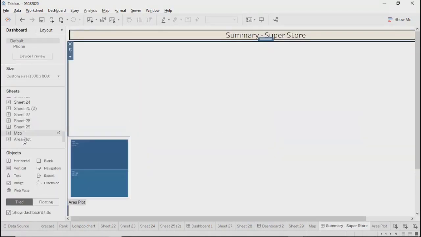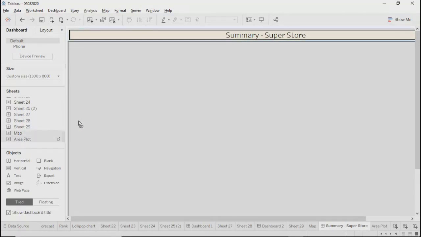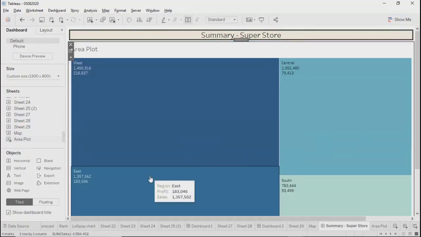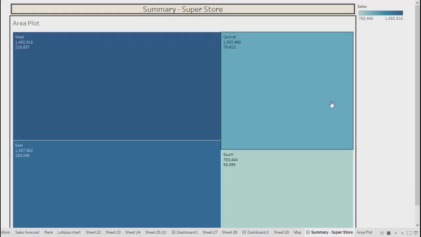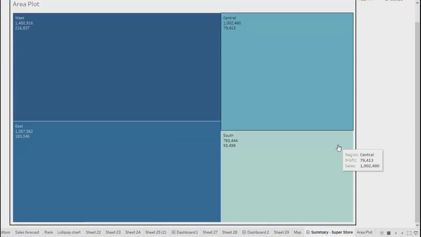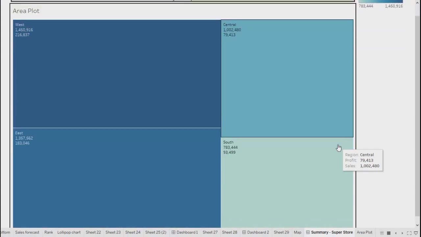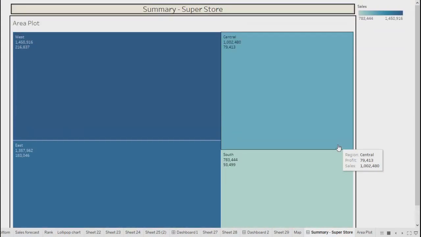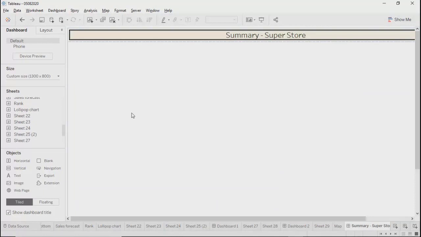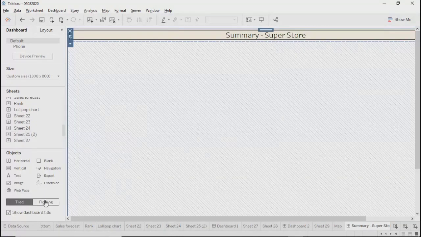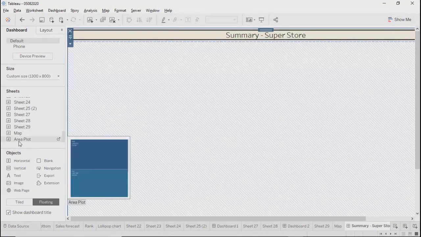dashboard. Now another thing, if you see, I drag it like this. It was in tiled format. So that's why it has occupied the maximum space on the page automatically. If you take it like floating, then it will come like this.